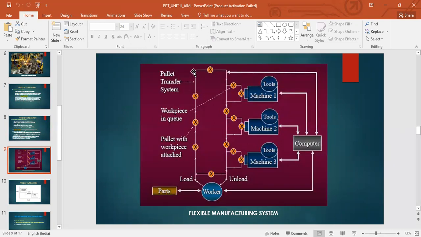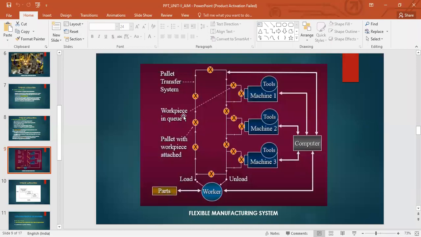This is basically what we were calling the material handling system, because it is taking the material to different workstations, right? So all these Xs you're seeing are pallets with workpieces attached. A pallet is something that is able to carry the workpiece that we are going to manufacture. So that is what is called a pallet. Okay, material handling device.